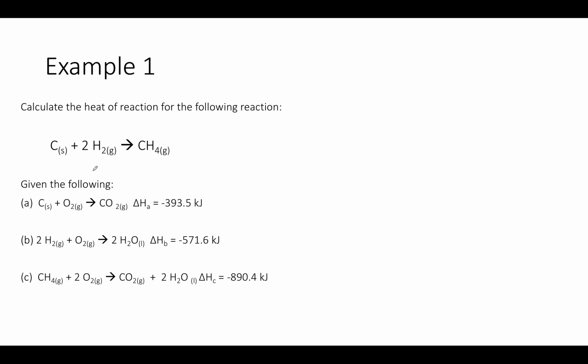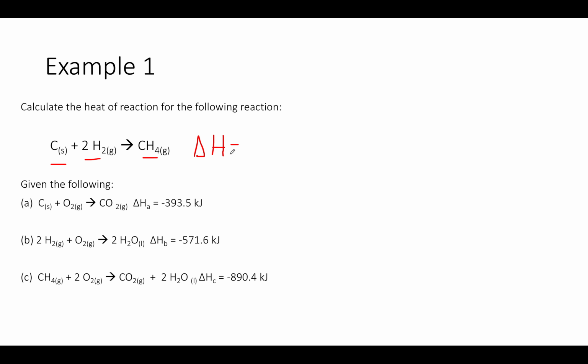I'm asking you to calculate the heat of formation of methane given the following information. To form methane, we take solid carbon and add hydrogen gas, 2 moles, and we get methane. The reaction takes place in steps. Now we can use these enthalpies, or heats of formation, to calculate the delta H for this reaction, but we have to make sure